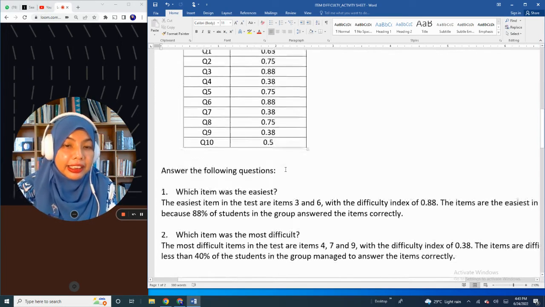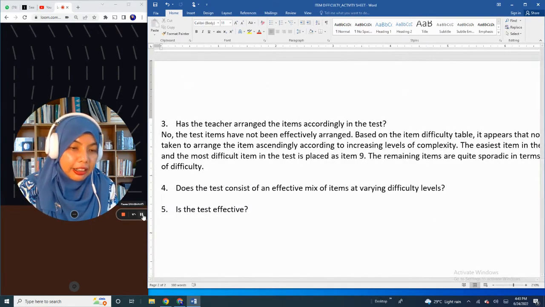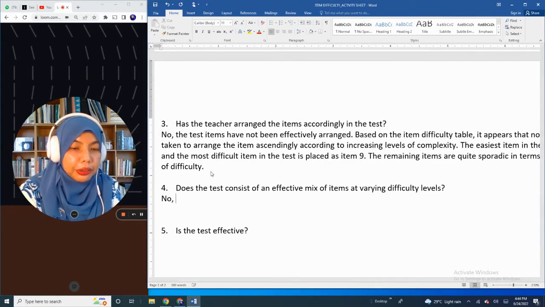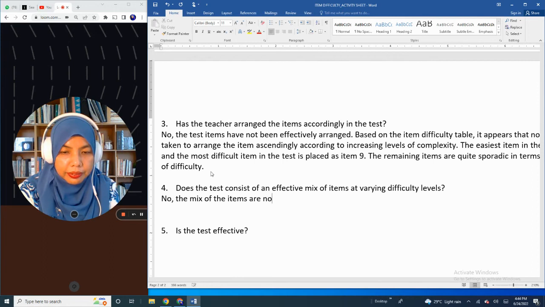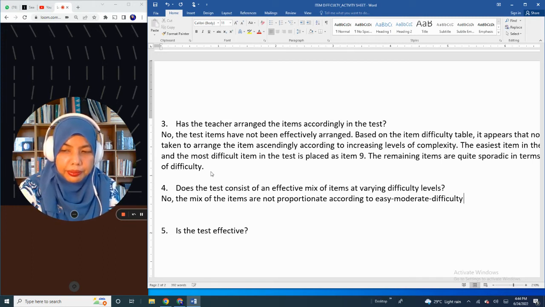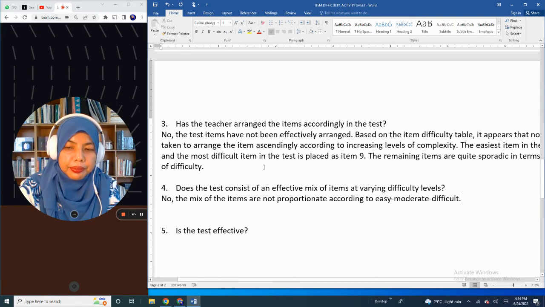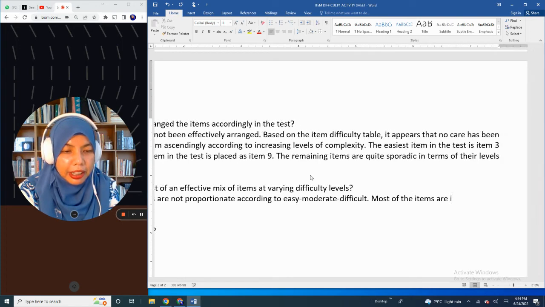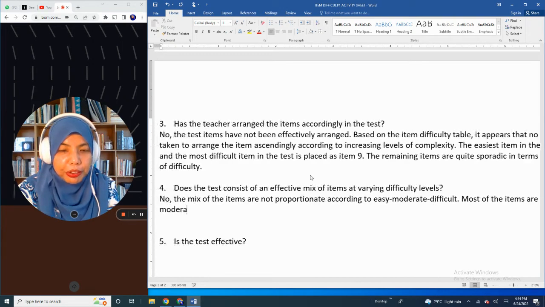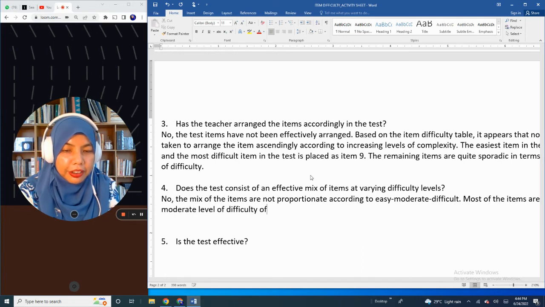So how do we answer this question here? No, the mix of most of the items are either of moderate